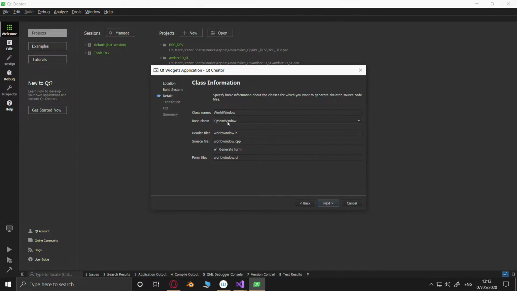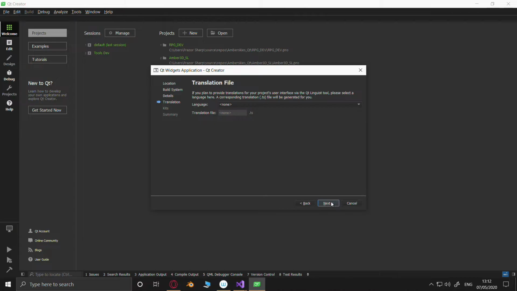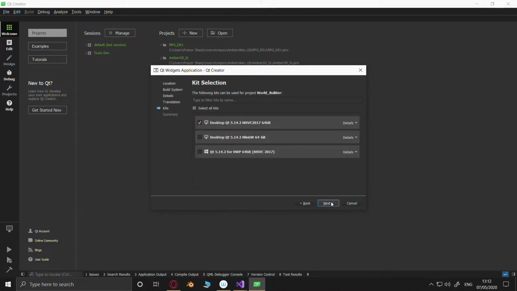This is what I want to look at. Worldwindow.h, worldwindow.cpp, and worldwindow.ui. Generate form, yes please. And next. Next.